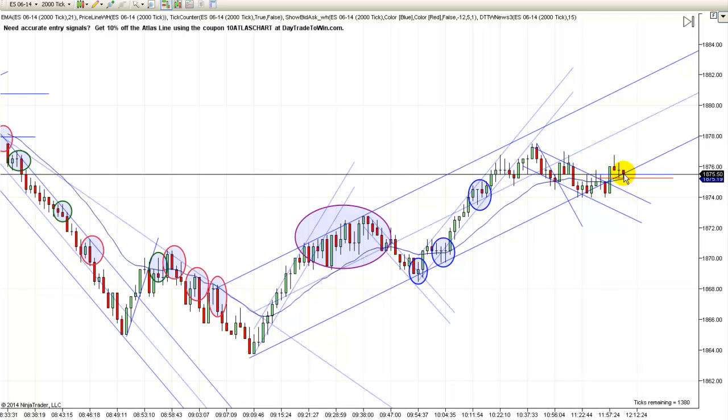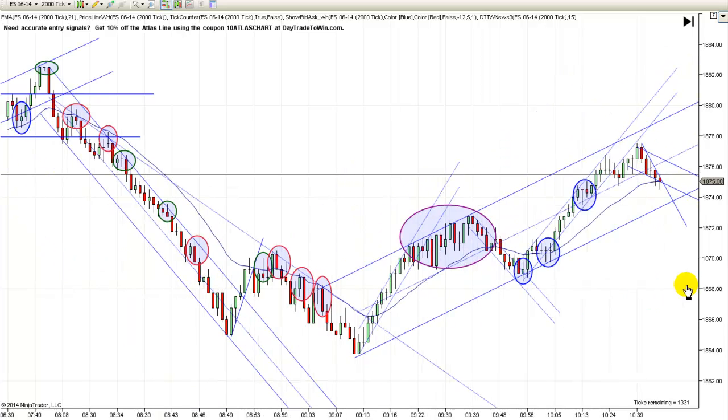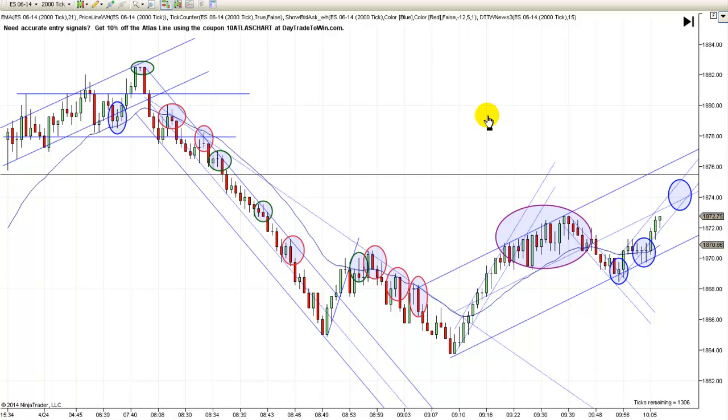You got a close outside there. If this one's right, either way, even if this one's it, you got a close outside and move to a new low, and you could have had a nice little scalp right there, and it's still trying to come lower. So we'll see what happens. But anyway,